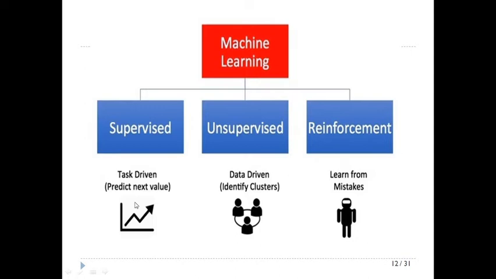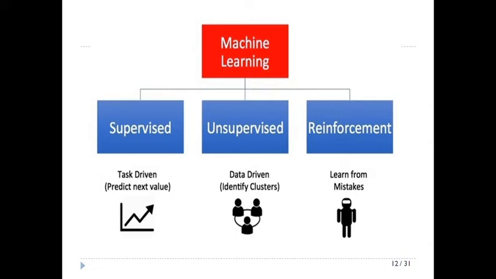You just need to specify that you want this and this to be done with this data, right? And according to that, it will predict your next value. In unsupervised, again, supervised, we are working with labeled data. Sorry, I forgot to mention that. I talked about labeled and unlabeled data. So labeled data is under supervised learning.